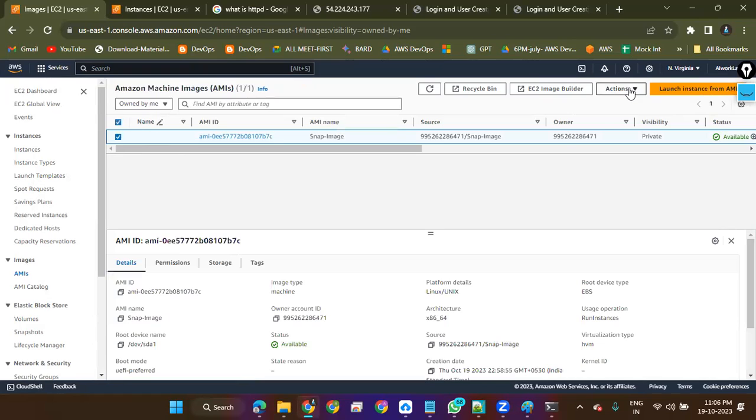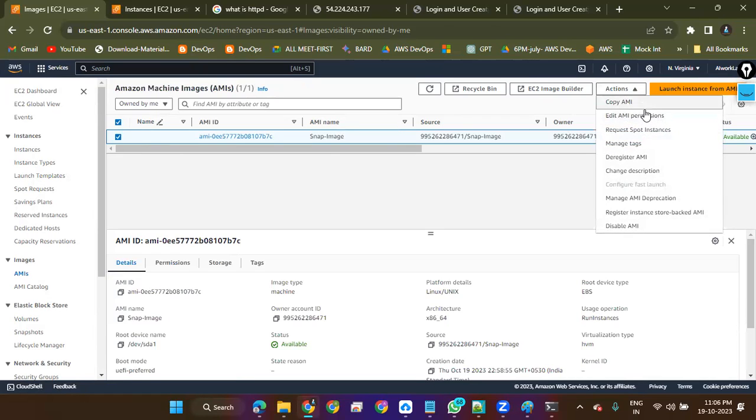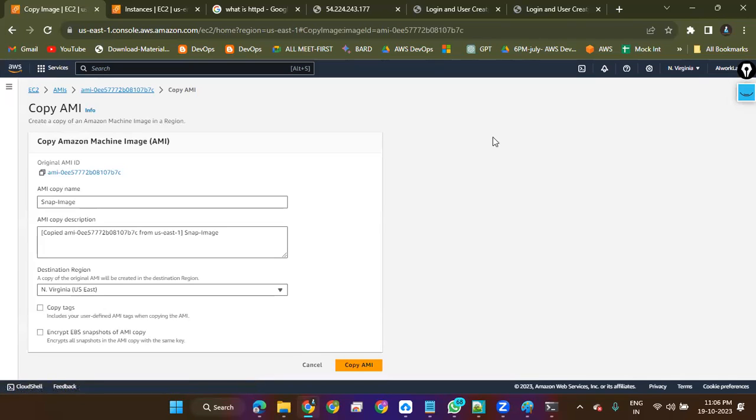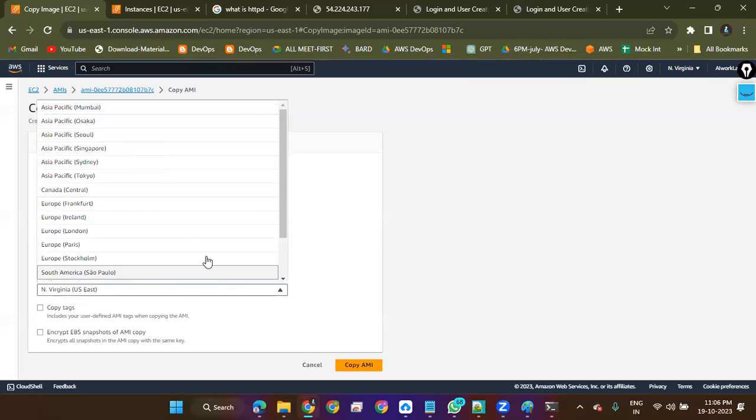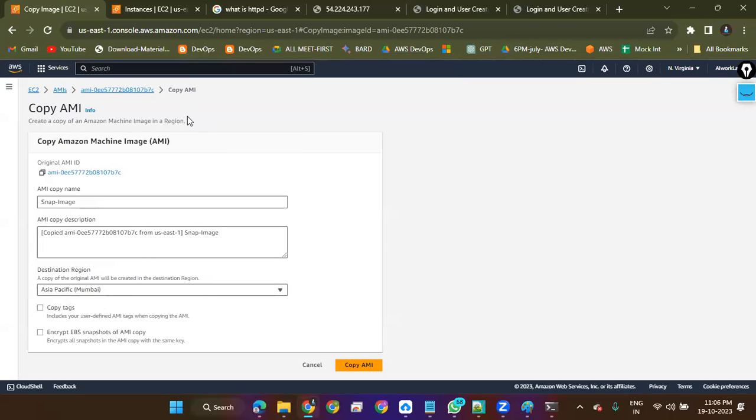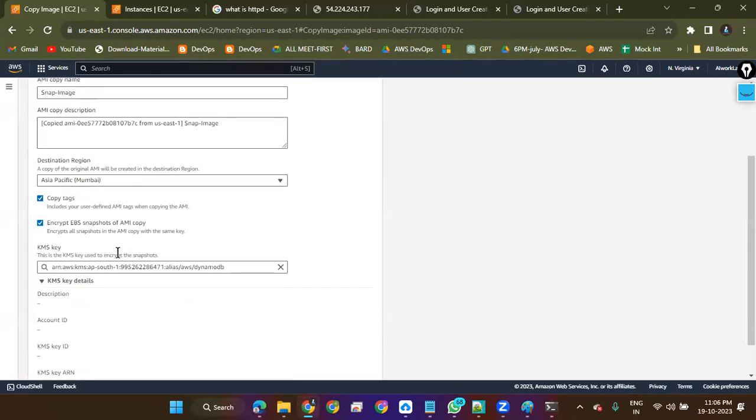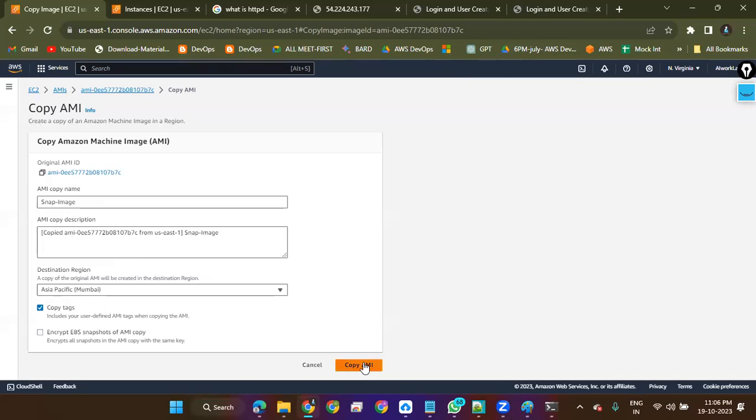And one more. Copy AMI is going to be done. Now I'm going to copy. In this copy, I'm going to change the region. Okay. And I'll copy tags if I want. I can also copy encryption if I want. If I use KMS, I can do it with an encryption. And now if I copy it, it is going to copy inside that Mumbai region. If I switch to Mumbai, you do this lab, okay? Copy it, switch to another region and check in the AMIs. Is this AMI copied or not?